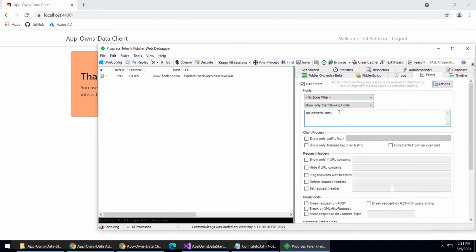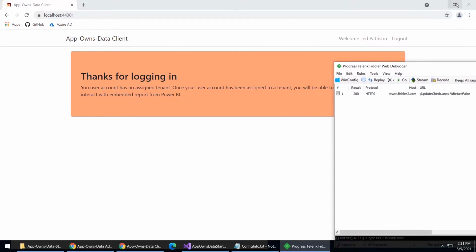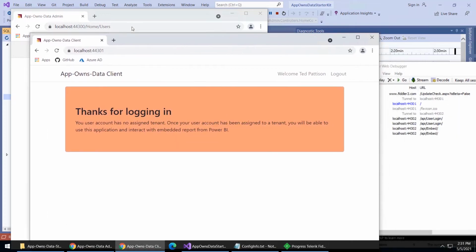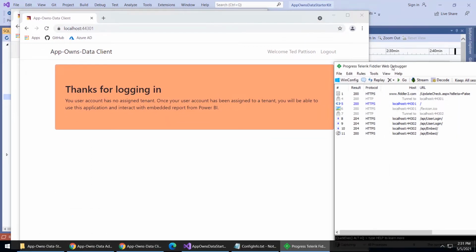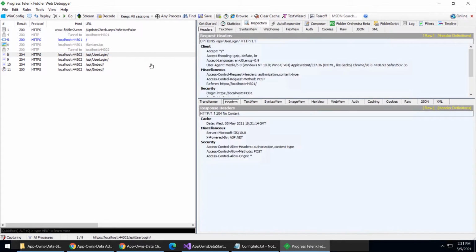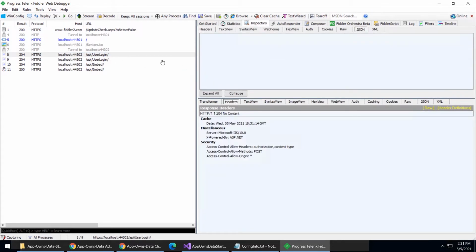If I did use filter, maybe we should put localhost in there as well. Okay, let's go ahead and run the filter set. But now as we go ahead and run this again, what I want to do is let's go back here, and you can kind of see that the first thing that happened is that there was this call to